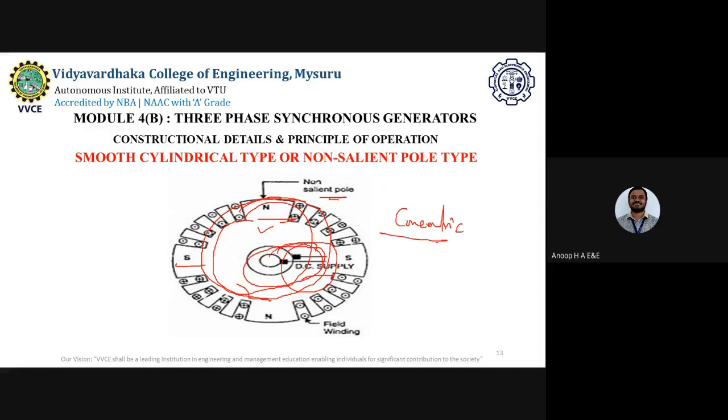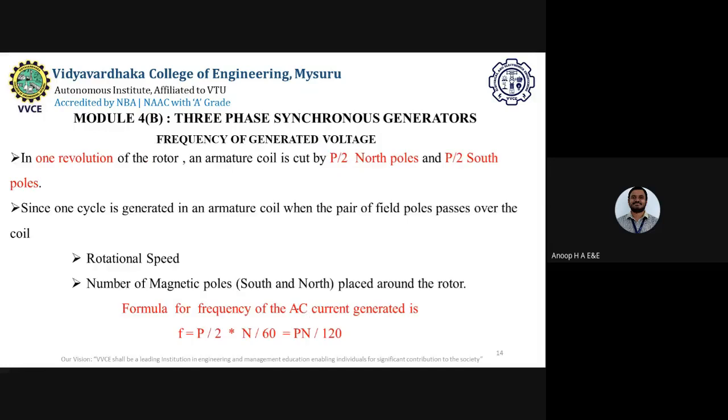DC supply is given to this part of the rotor, and you will have the production of fluxes. Current moves in and current goes out. This is the convention that we have. The dotted conductors are the slots where the field coils are housed. These are the slots, and these are the field windings present in the slots of the machine. Okay, next, these were the rotor constructions, and you can go through the notes for the differentiation between the salient pole type and the non-salient pole type arrangement.